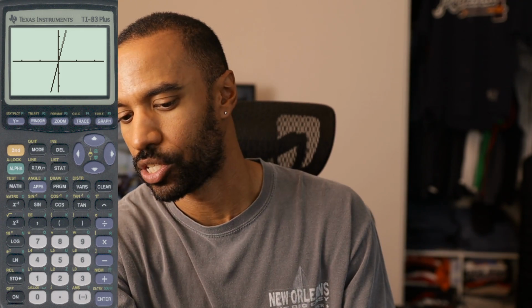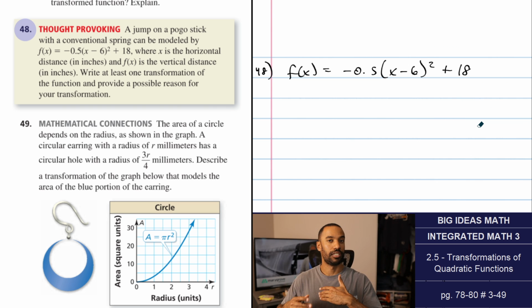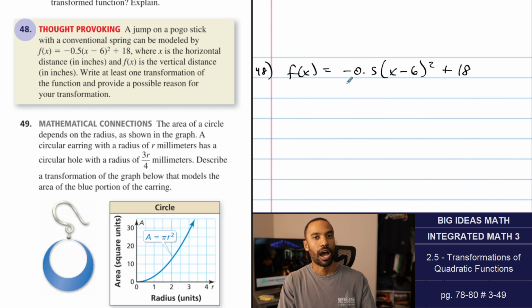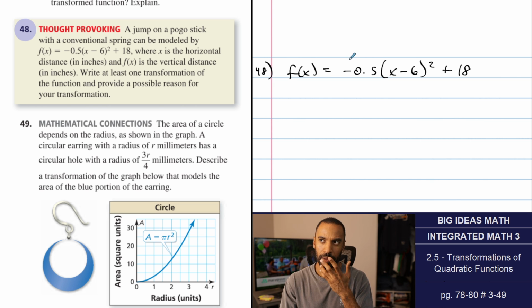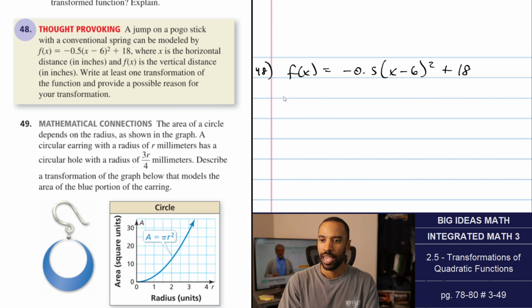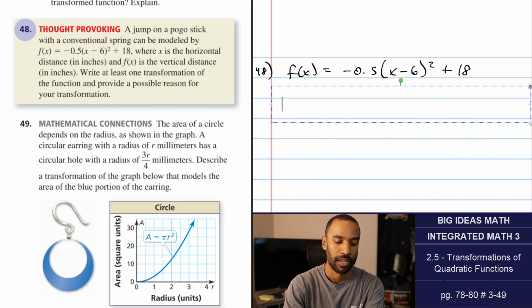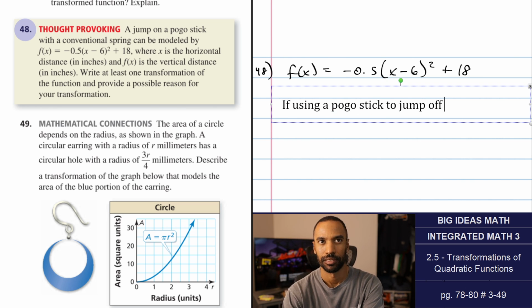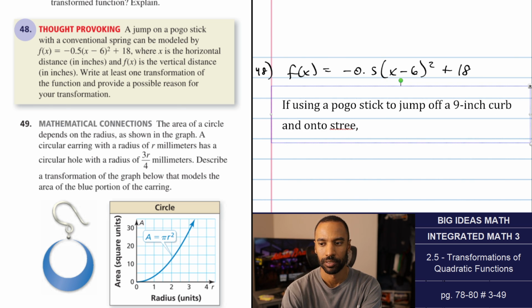I'm just going to change the height and say I was jumping down a flight of stairs and one stair was higher than the other. How high up do stairs go? There was actually a math question that said the standard height of stairs is this many inches, like 9 inches. If jumping off a curb, if using a pogo stick to jump off a 9-inch curb and onto street level, the model could instead be,